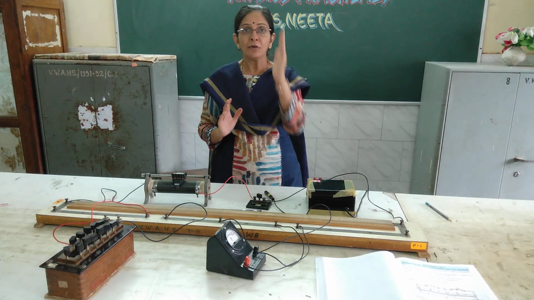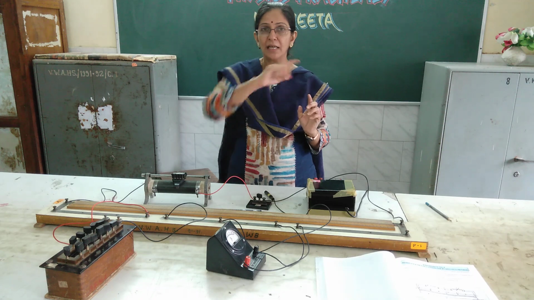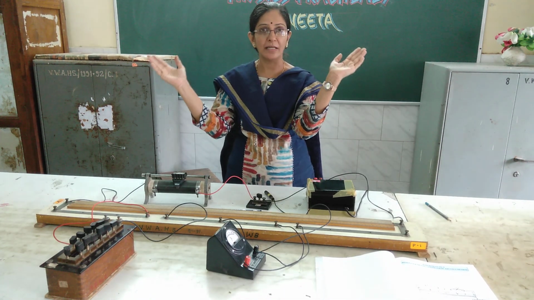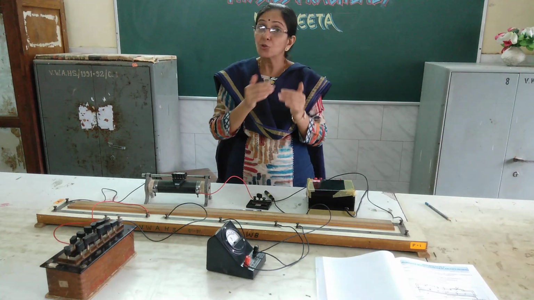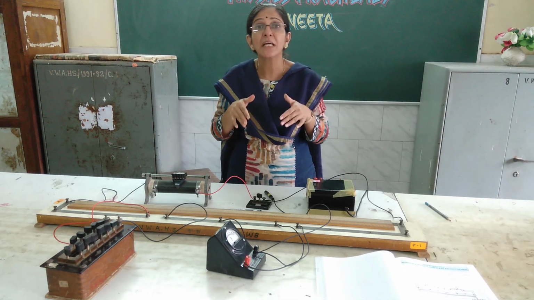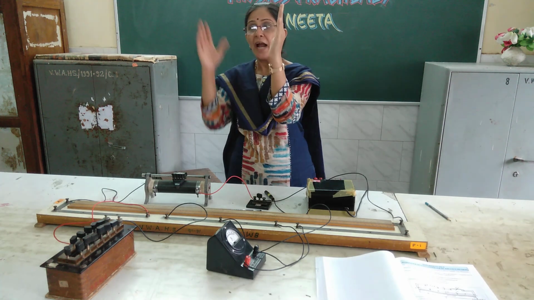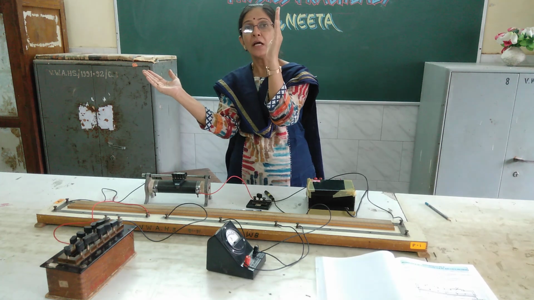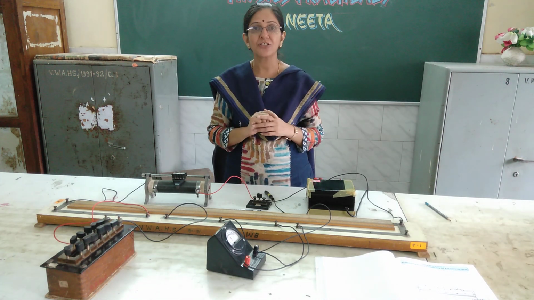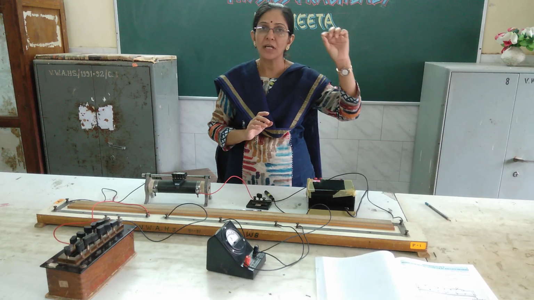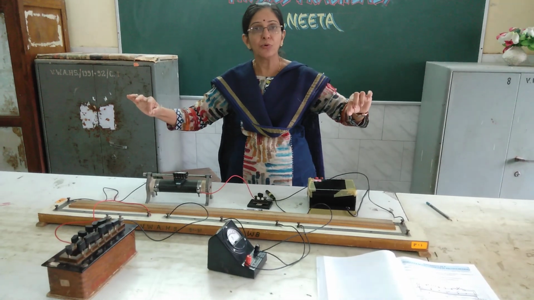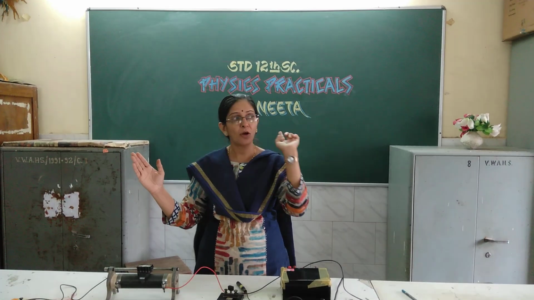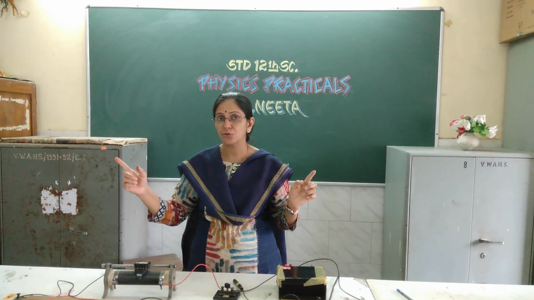That means what? In the galvanometer, if you remember that scale, it is like a semicircle scale, 30 divisions on either side of the middle zero. So that is the full scale. Now half scale means what? 0 and 30. So this is half of the full scale. Are you getting this? Okay. So this is the half scale deflection method. That means whenever you are touching the jockey at the A terminal and the C terminal, you are getting only the half scale deflection. That means from 0 to 30 only, not from 30 to 30. I think all of you understood that.